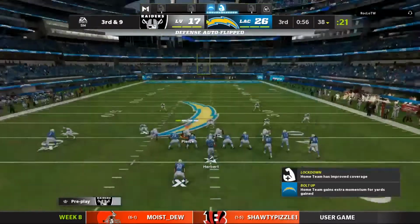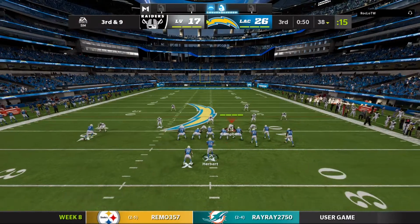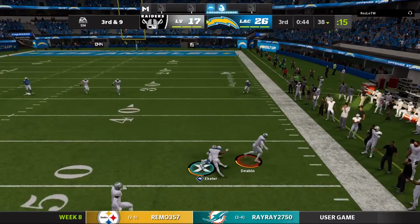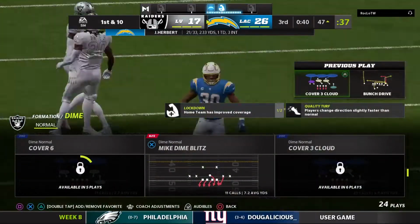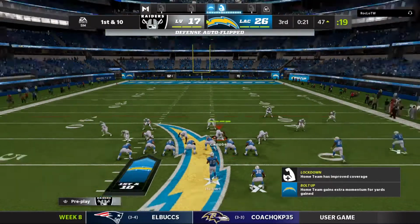Yeah, now maybe you bring in an extra defensive back or two because you want to try and defend on 3rd down. They like to play those nickel or sub packages, don't they? Going to throw on 3rd down with Herbert. He'll get this to Eckler. And he'll be taken down, but not before he gets into enemy territory. Give him 15 yards on that one and a Charger 1st down. The 47-yard